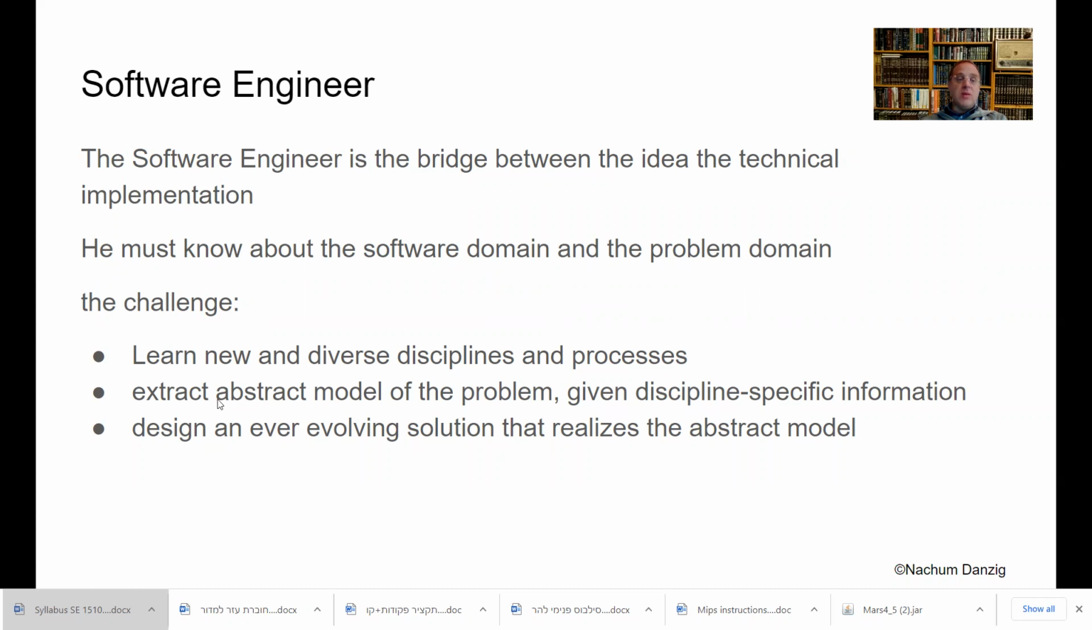You also have to be able to extract an abstract model for the problem. In other words, you have to see the problem, see a solution, and be able to make a model of it so that you can explain it to other people, so that everybody will understand what the solution and what the process and what the engineering solution is going to be. They didn't see. The worst thing is that you have